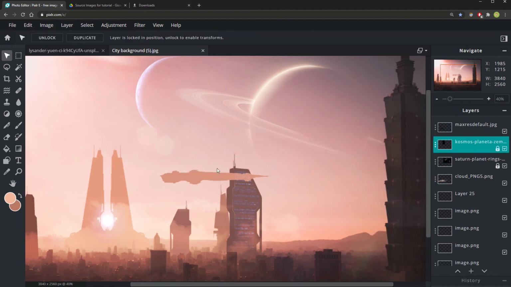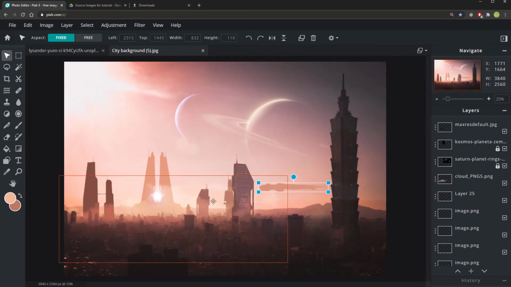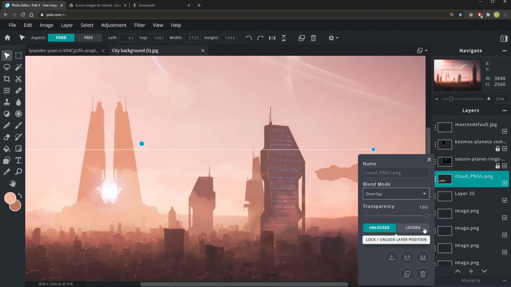You can simply lock them and then click through them to move everything back to where you'd like it to be like this. Same with the smoke down here. You can just click on the 3 dots and set the layer to locked,